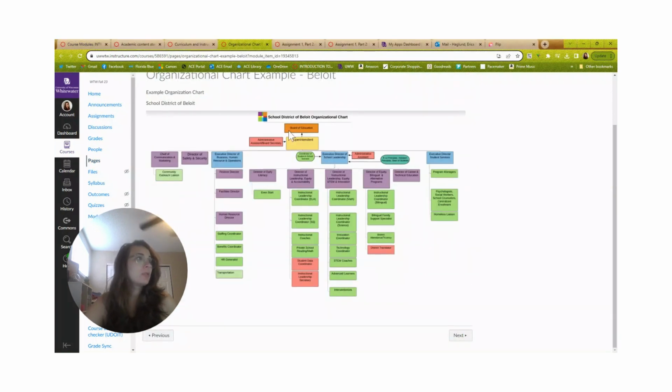So for example, we see that everything is organized under the Board of Education, which is the superintendent. This is pretty common. For every school district, you're going to have a superintendent. And then things kind of funnel down from there. Now, this is all at the district level for the most part. So you'll see, for example, we have executive director of school leadership, and then principals fall under that. You as the teacher then fall somewhere underneath that.